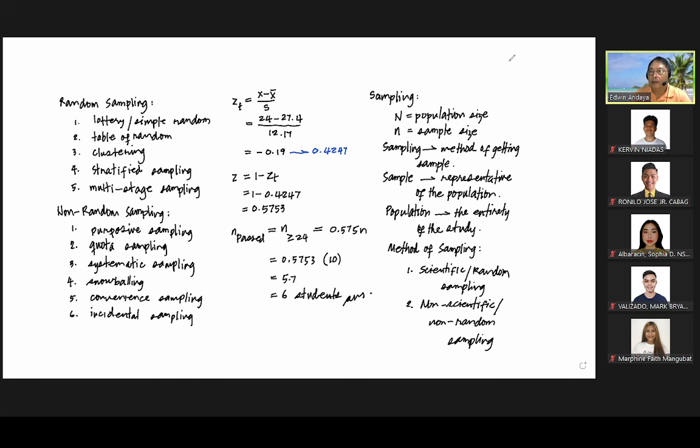So by tomorrow, remind me that we will be starting discussing inferential. We will start as early as 7 o'clock tomorrow so that we can finish. At least we got one problem in inferential stat, and we can have our midterm exam by next week.